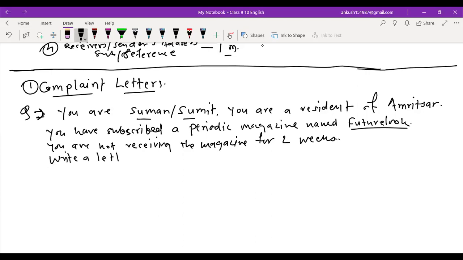Write a letter to whom? To the sales manager. Whose sales manager is he? Sales manager of Future Look. Understood? Regarding what? Yes, sir. Regarding